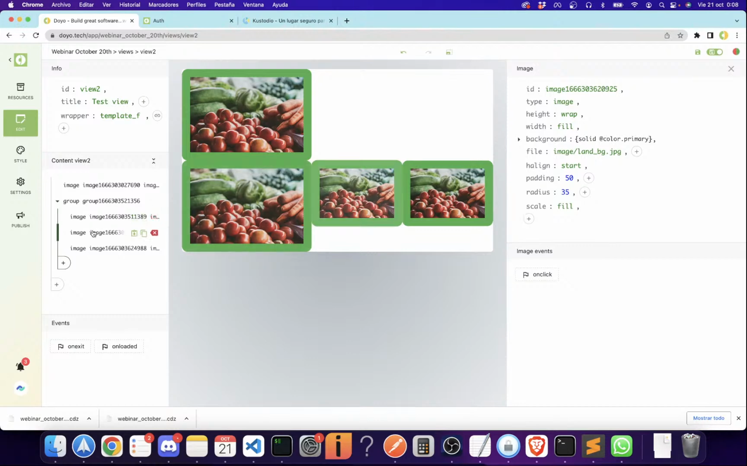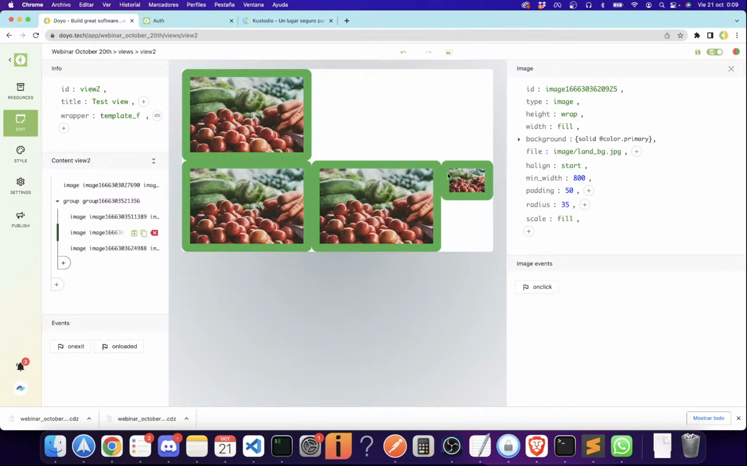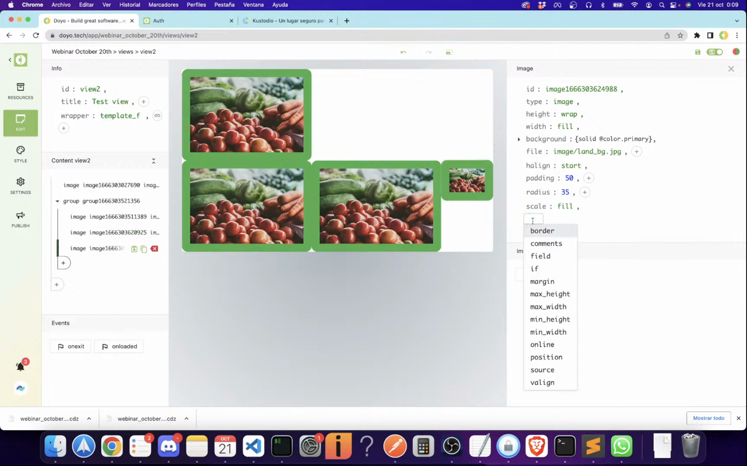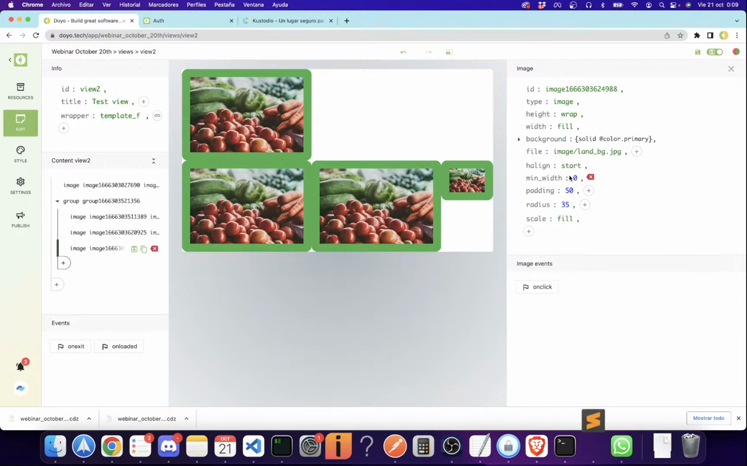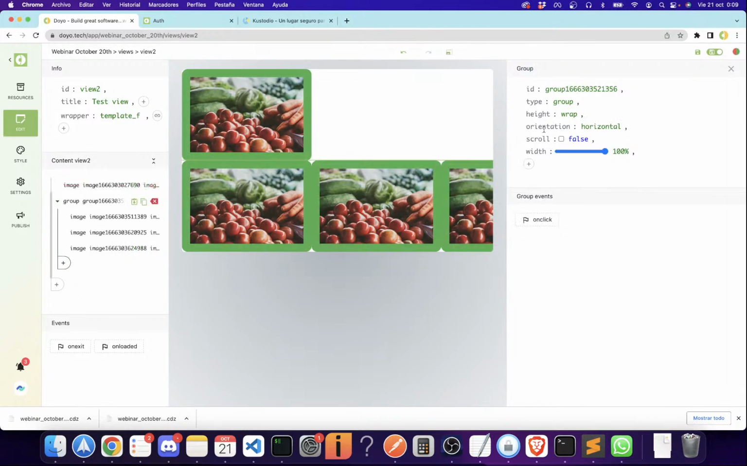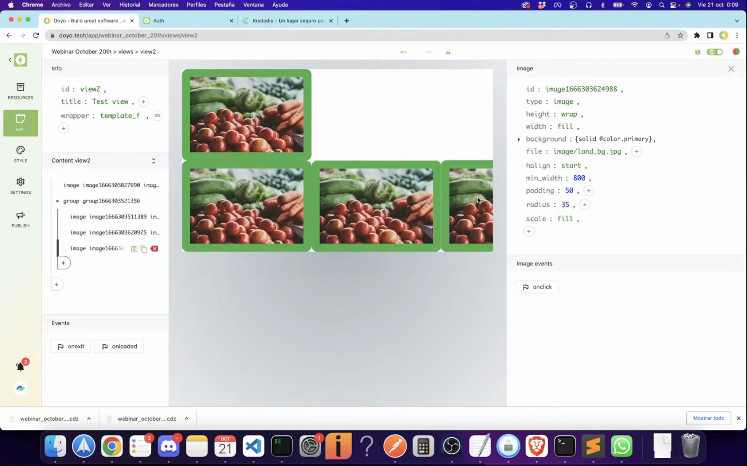Okay, so what happens if we tell the second image to have a minimum width of, let's say, 800 as well? Okay, now the space available is very small. So what if we also add a minimum width to the third one? Okay, yeah, now we have a horizontal orientation. Okay, so if the minimum width is higher than the space available, they will